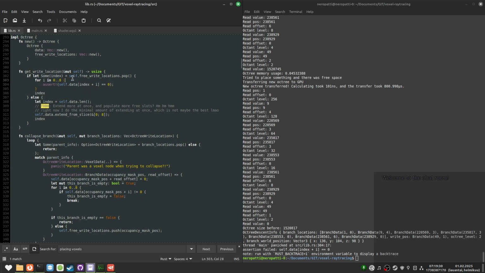Okay, so we were getting a right location, and then the data in the right location wasn't all cleared out. Which is bad. I'll make it so instead of having an assert here, I'll clear out the data here.